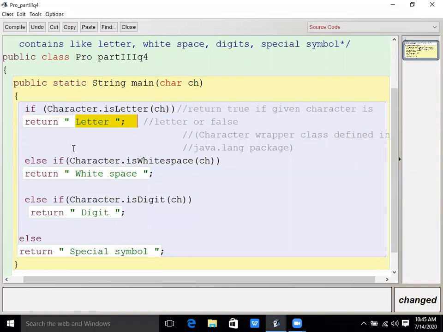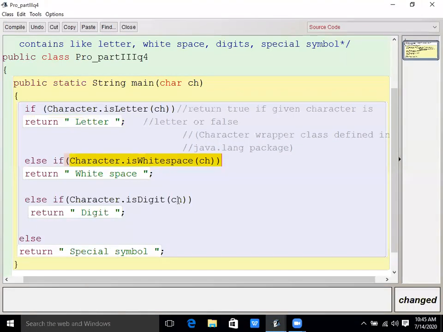If the condition is false, it's going to check the second condition. In the second condition, we are checking if the character is white space. isWhitespace is a predefined method of the wrapper class. As its name shows, it returns true if the given character is white space, otherwise it returns false.